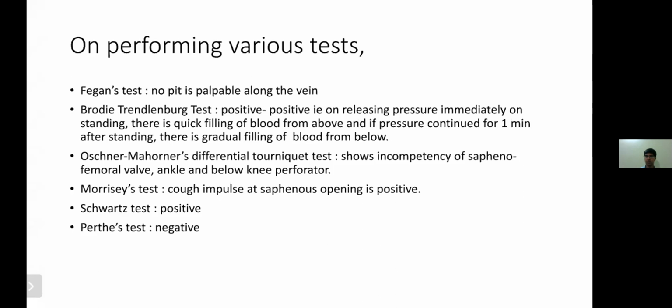These are step 1 and step 2. So what are the conclusions? If with the tourniquet tied, the veins get filled after some time, the incompetence lies at the perforator level. And if after removing the tourniquet there is further filling of the veins, then that is incompetence of the saphenofemoral junction, I mean the saphenofemoral valve. Okay, so this is the test for you. There are two parts of the test.